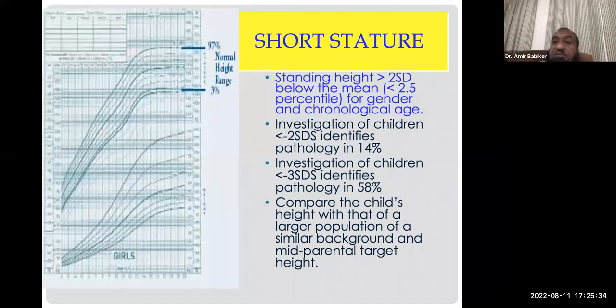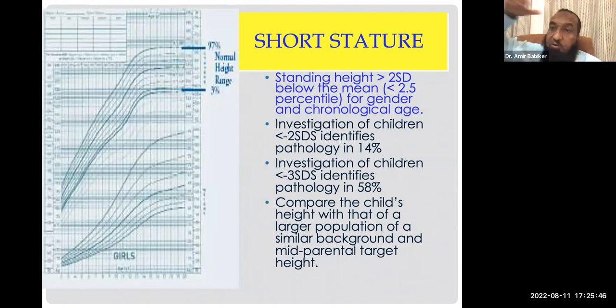If you don't have a population-friendly chart, then obviously you need to know your population better. Even in Saudi Arabia, there are many hospitals that don't like to use the charts here because they think they are out of date and need to be updated. But we know that girls in Saudi Arabia will be within acceptable height by society if they are not shorter than 150 centimeters, and boys 160 centimeters. These may not be the targets in Sudan. In Sudan, for example, the girls may not be less than 160 or 163 or 165, and the boys will not be shorter than 165 or 170.